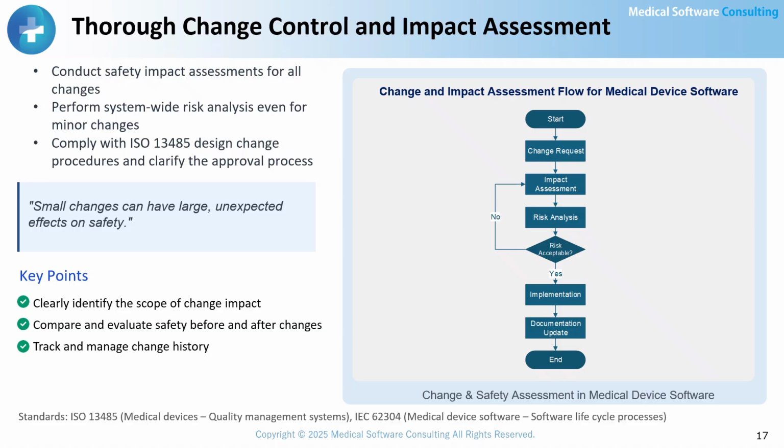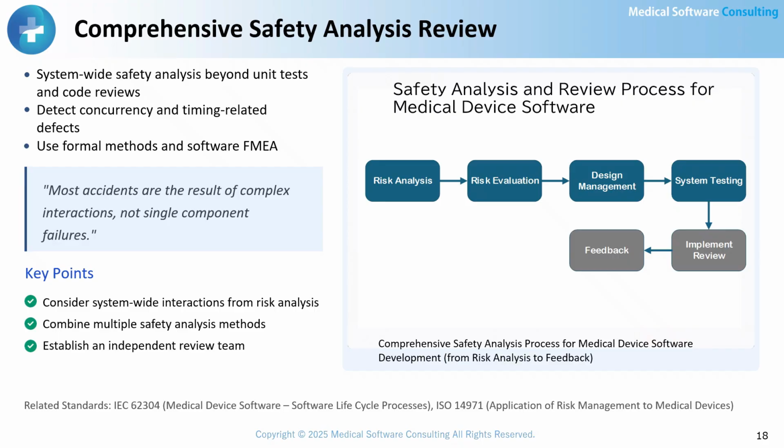from a safety perspective. Most accidents do not result from the failure of a single component, but from complex interactions among multiple elements. In addition to unit testing and code reviews, system-level safety analysis is needed to detect defects related to concurrency and timing dependencies. A combination of methods, such as formal methods and software FMEA, should be applied, and independent review teams can also